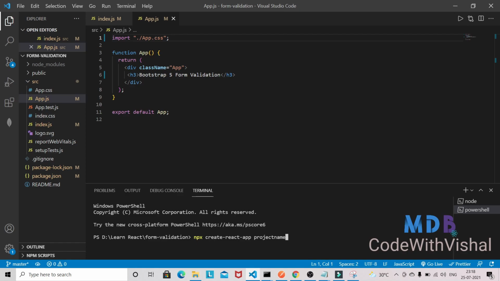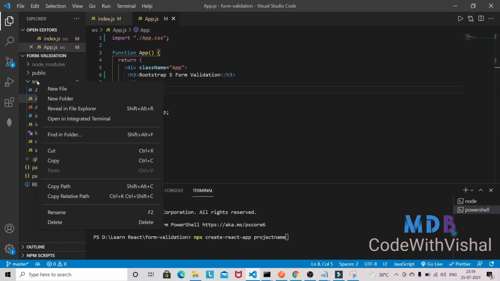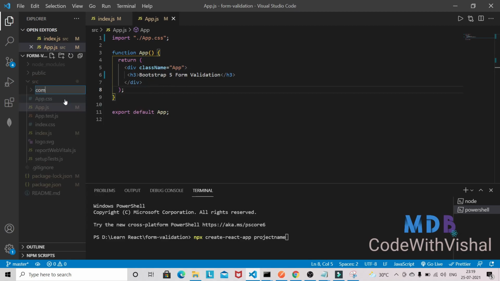I have removed all the content inside the className app, and I have just given the heading, Bootstrap Hive form validation, and I'm going to create a folder here. So this will be the structure in our Material Design Bootstrap series.